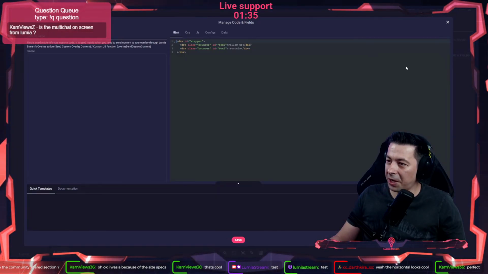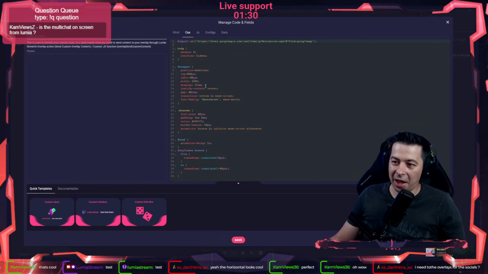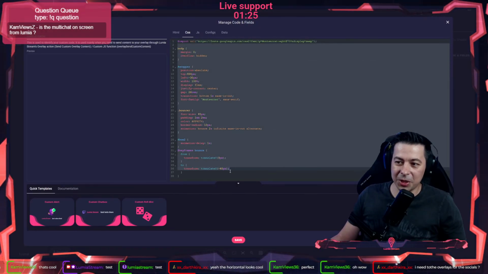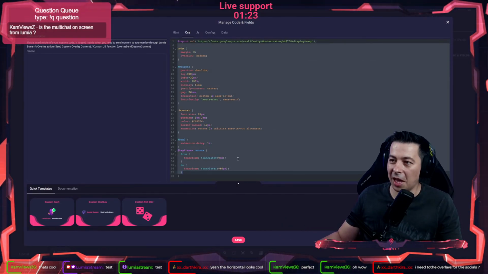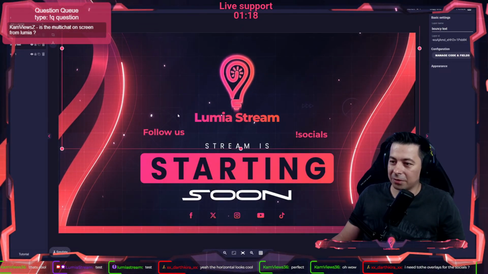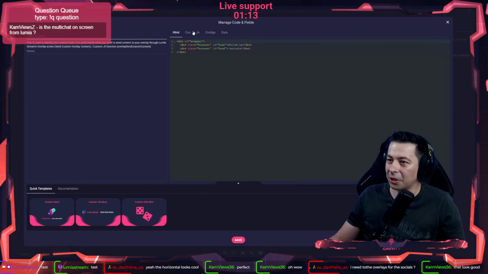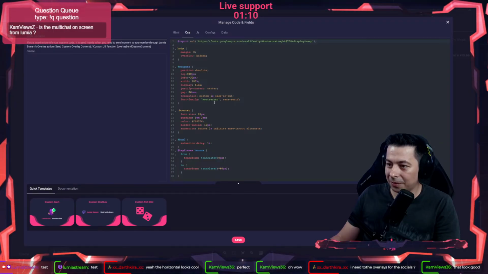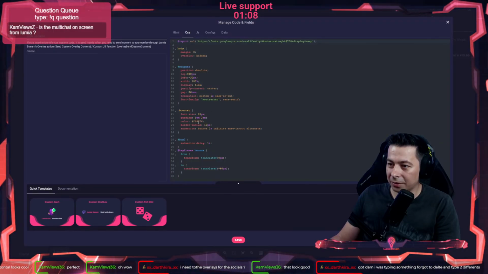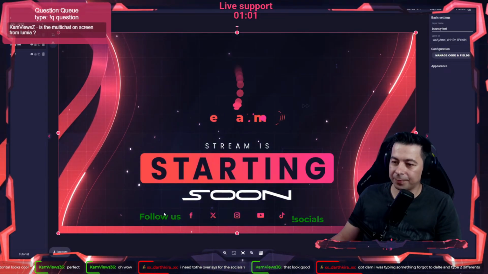So I have here in the configuration the follow us and socials. And then I have my CSS and JavaScript, well, just CSS because I don't need JavaScript. So with just simple CSS, I made that nice animation, and then they are just bouncing. If I want to make it green, I can make them green just to show you that it's there. Where's my code? There we go, color. I'm gonna copy it because I want to have it. And now they're green.